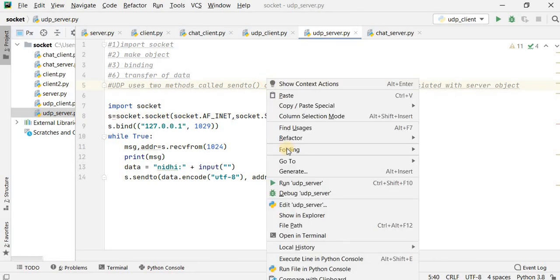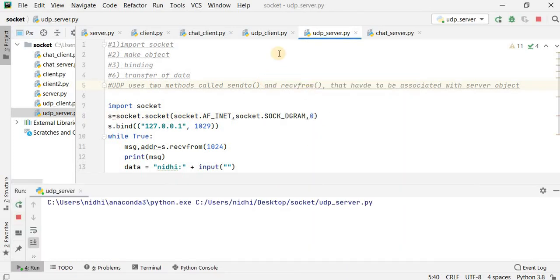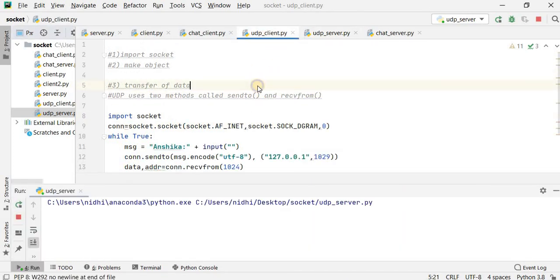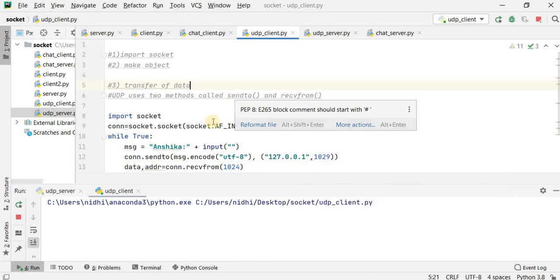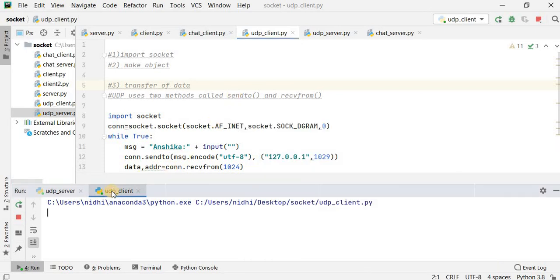First we have to start the server. So run the UDP server, then run the UDP client. In the UDP protocol, the first message should be sent from the client. So at the client terminal I have to write hi Nidhi, because at the server Nidhi is sitting. So from the UDP server terminal we can check whether the message is received by Nidhi or not.